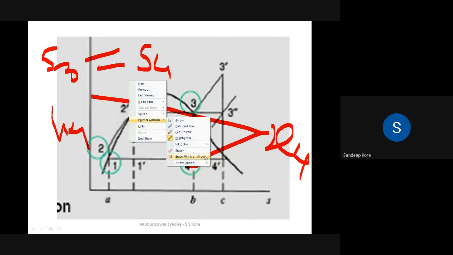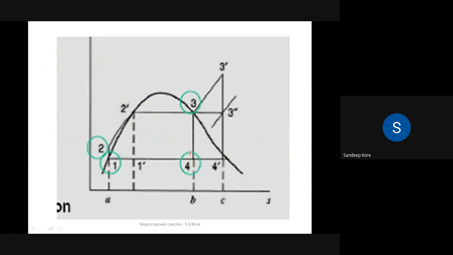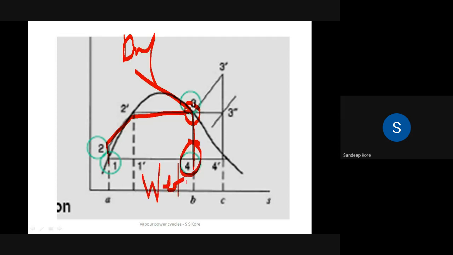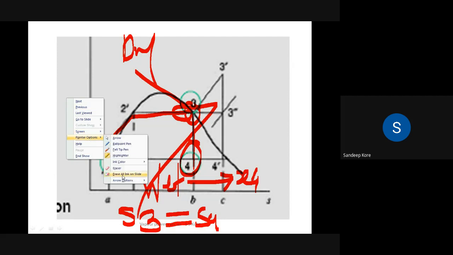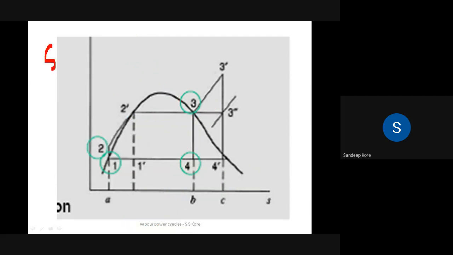So, okay, we are going to concentrate on the cycle 1, 2, 3, 4. It means at the inlet of the turbine the steam is dry, and at the outlet it becomes wet. Since it is wet, you have to find its dryness fraction x4. How will we find it? By equating entropies, S3 equal to S4. S3 is the entropy of dry steam, which comes directly from the steam table. So S3 is nothing but Sg at boiler pressure, and that is equal to S4.